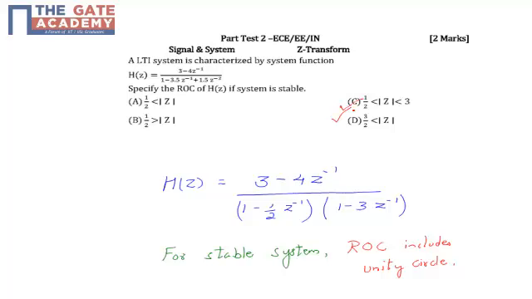For option C, there are 2 poles. If the system is causal, then the ROC lies outside the outermost pole, so it should be greater than |3|. If it is anti-causal, then it should be less than 1/2. However, if it is non-causal, then it can form a ring, as in our case, option C. So it is the only case in which the ROC contains the unit circle, and it also satisfies the condition that the ROC must not include any of the poles. So hence our final answer is option C.